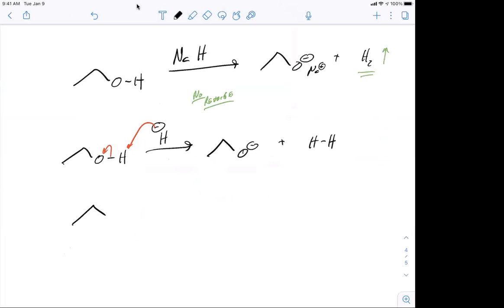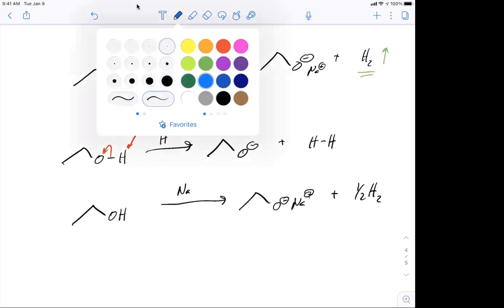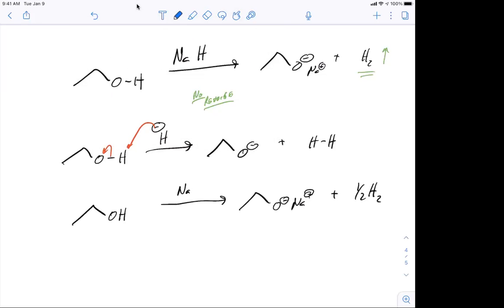Another one, which is a little bit trickier to work with, but industrially is actually the way you'll see this done most, is just to add sodium. It's a little tricky in the lab, and it's the kind of thing that we probably wouldn't want a sophomore lab to do, because sodium in water, right, can catch on fire. And it turns out that if you're not careful here, you can also catch on fire because you are putting off